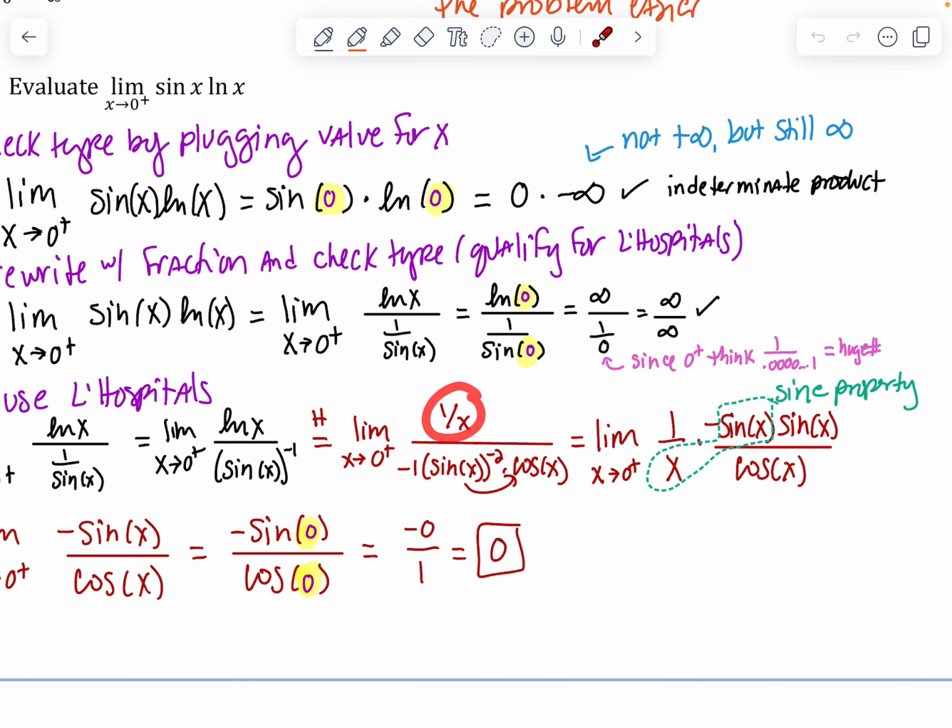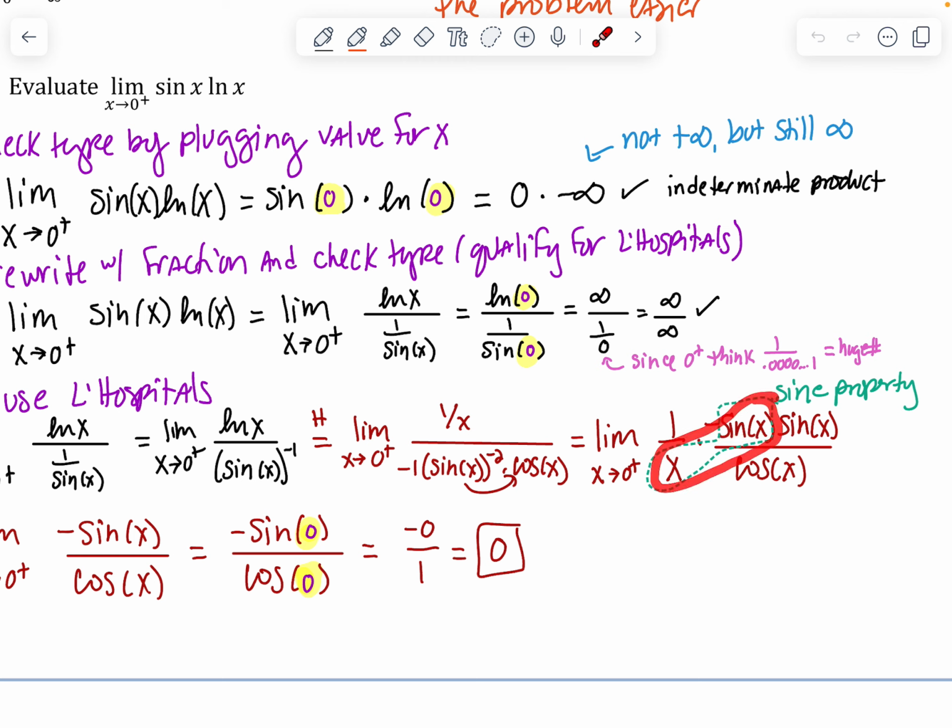Okay, so I've got this 1 over x. Now, notice this sine to the negative 2 would go underneath here. But remember, when we're dividing by this, we're multiplying by the reciprocal. So the cosine would go to the denominator, and the negative 2 piece goes to the numerator. The negative sign can be in either spot. Because I have sine squared, I went ahead and wrote the sine times itself twice, because hopefully you can see the